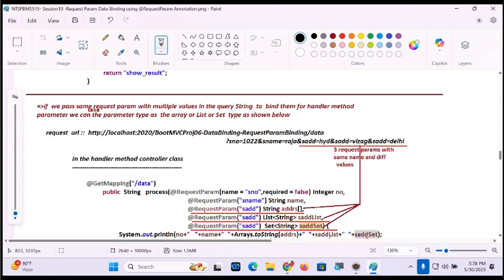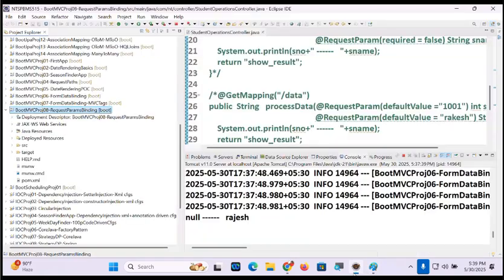I'm able to store into an array, able to store into a list, able to store into a set. Convinced or not, boss? Array, list, set. Are you comfortable, my dear?